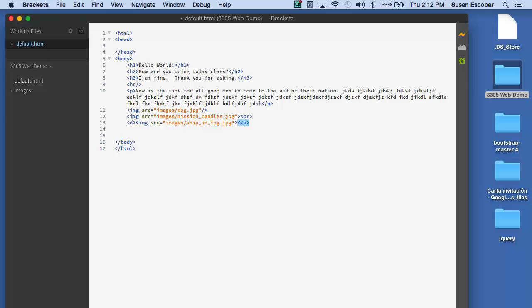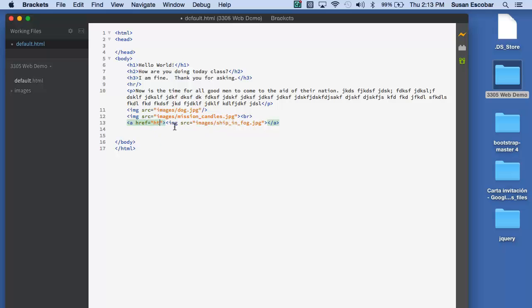So how do I make this go somewhere when I click it? I give it an href, which is a hyperreference, which long ago, before y'all were born, links were all called hyperlinks. So this is a hyperreference. It's kind of a hangover there. So href. So I could link it to a page inside of my folder. I could have a folder that was like an About Me folder, my family page, my pets page. And you can see in here, I could link it to a different page if I had multiple pages inside